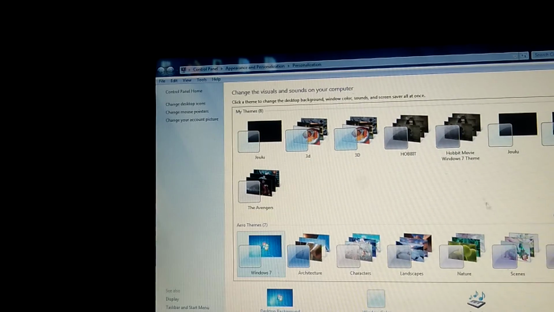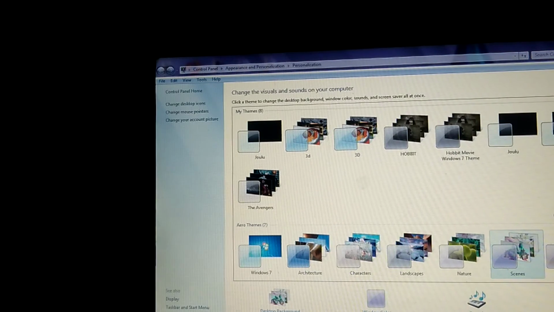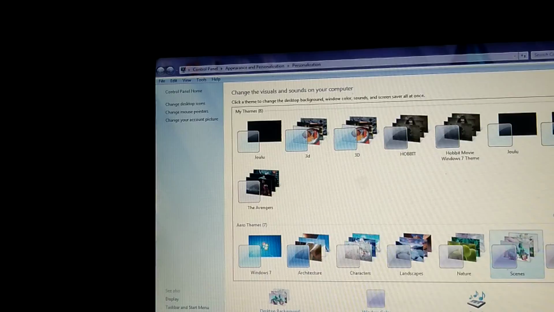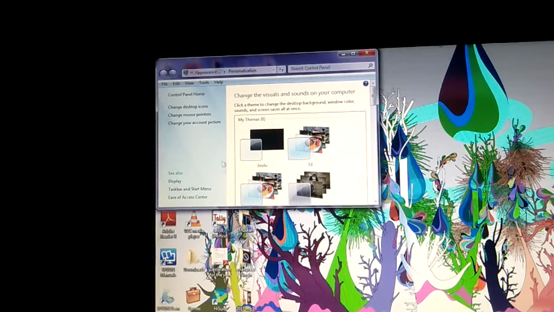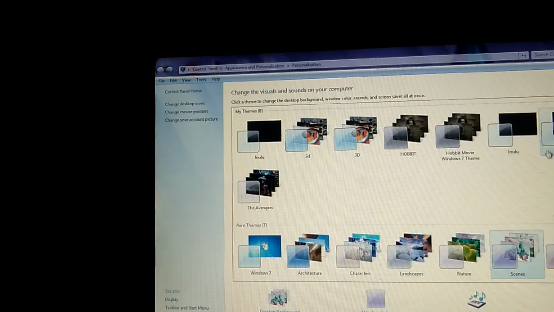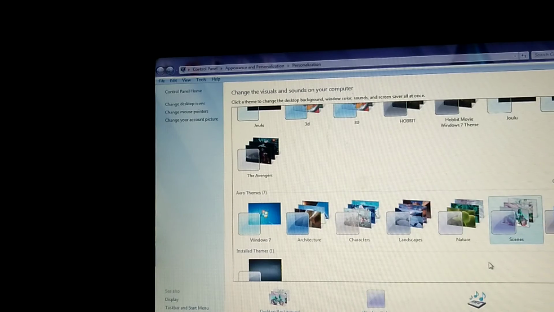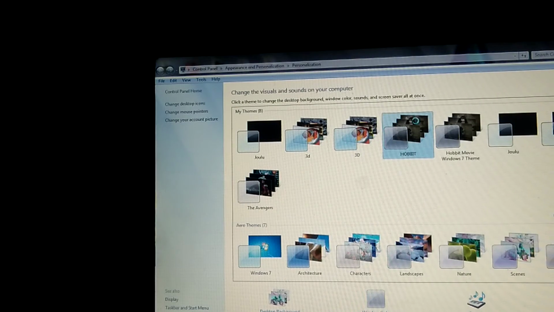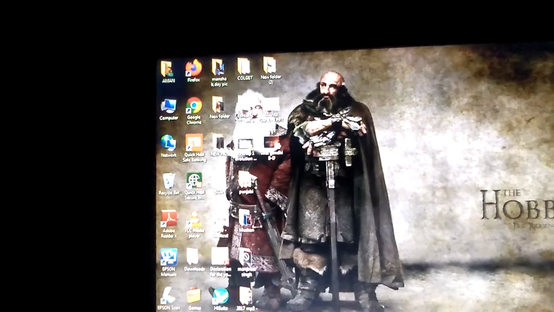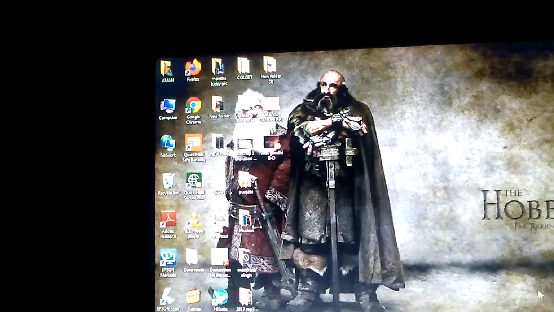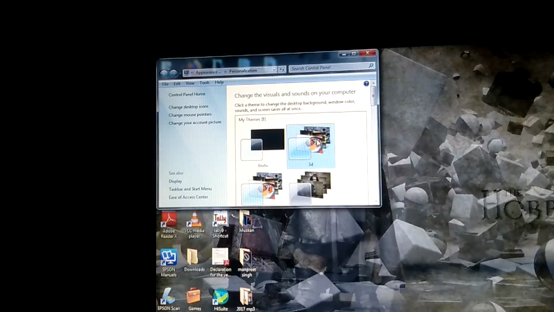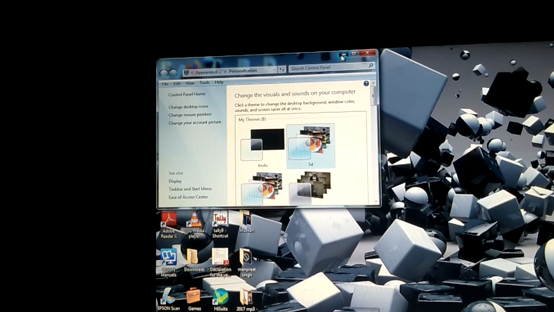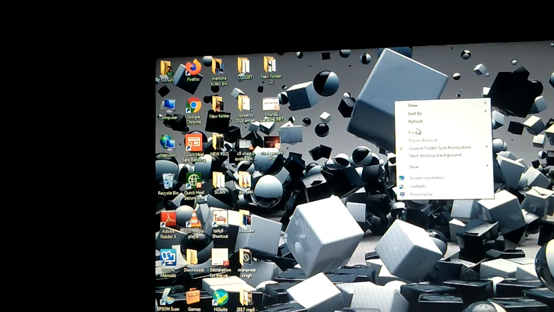Like, I want to apply this setting. So you heard a sound, a tune, so it is being applied. Fine. Again, if I want to change the desktop background, I'll go over here and maximize it. I want to apply the Hobbit. See the Hobbit. If again I want to change and apply this, see, it is being applied. So have you all learned how to change the background?